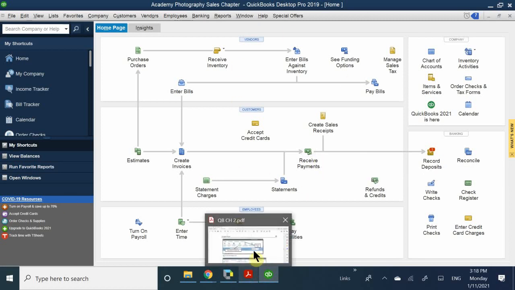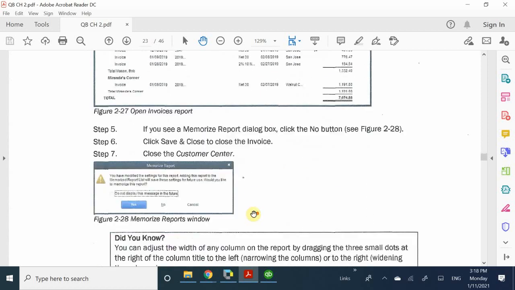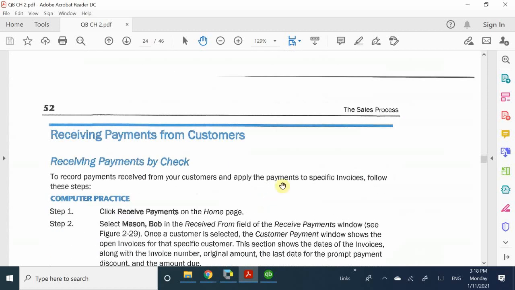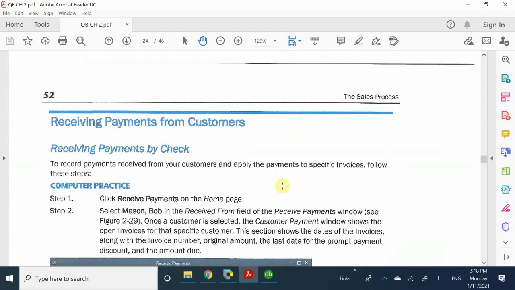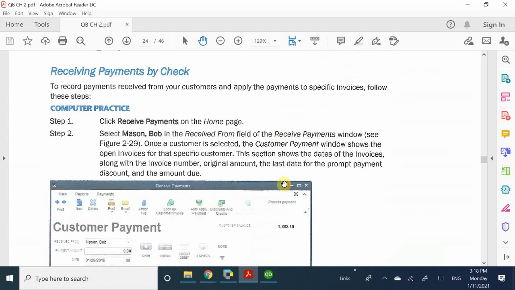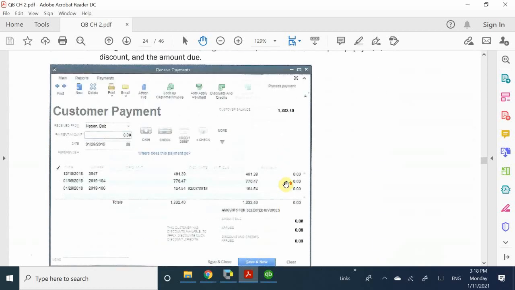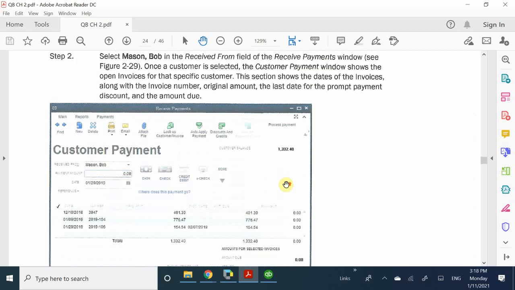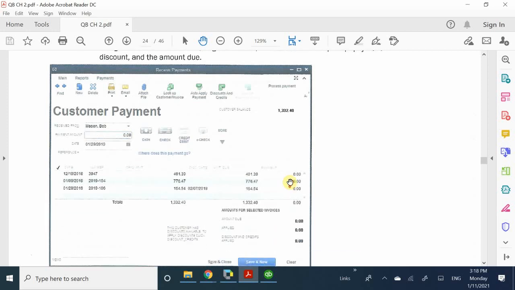Okay? And we're going to go ahead and take a look at what happens when we actually receive our payments, and what it does when it comes to receiving payments either by check or by credit card as well. So the first example we're going to be looking at is Mr. Bob Mason is going to pay for his